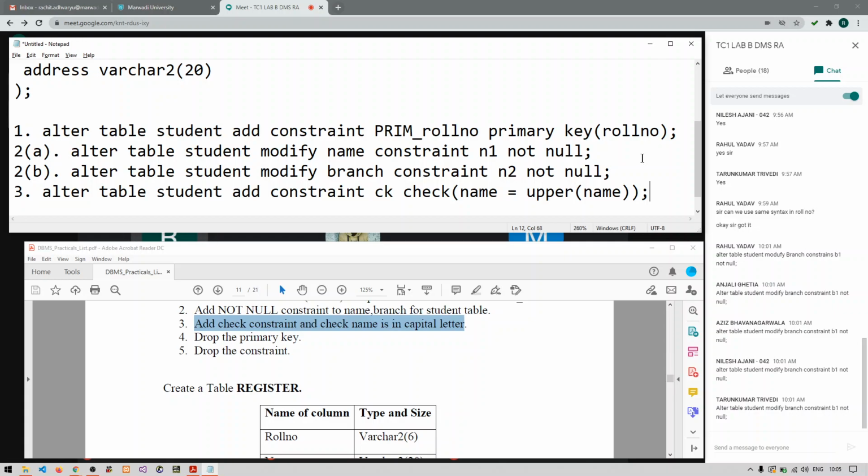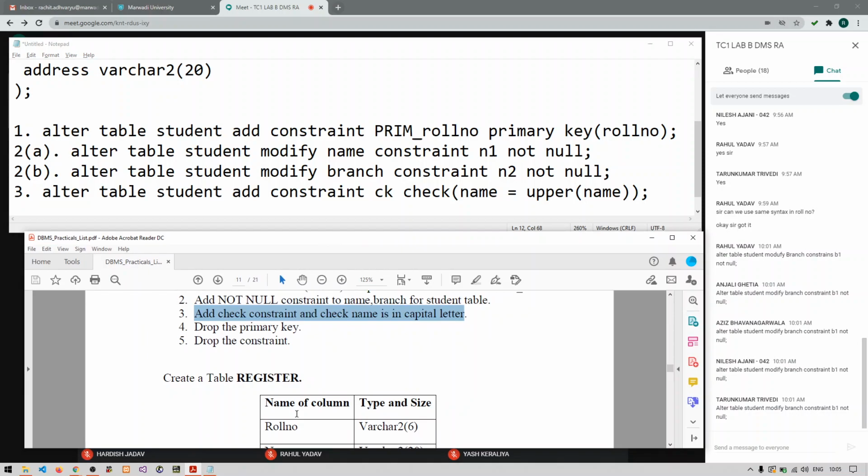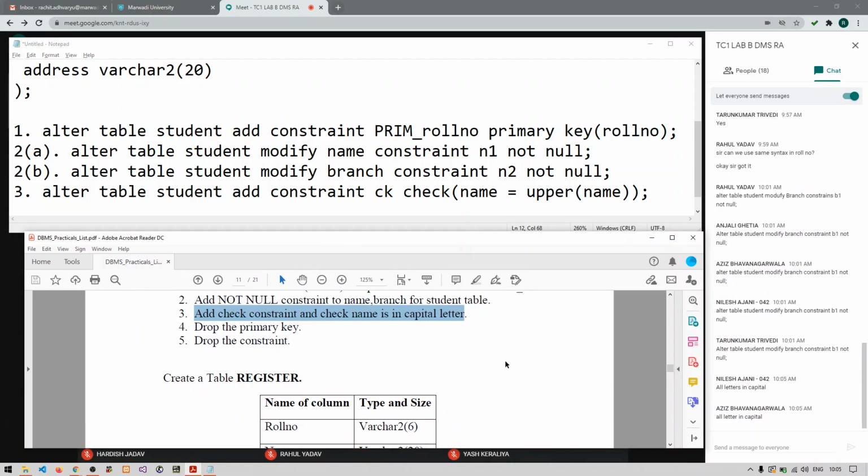What is the use of the upper function that we have studied in the last lab? Yes, students, all letters in capital.